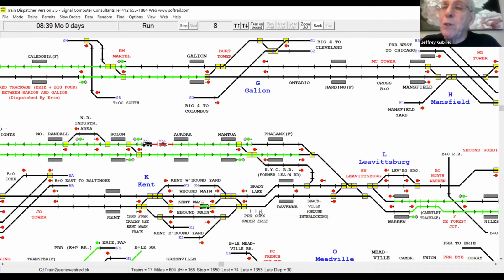Now, some of the suburban territories, like the Erie, New York division, that's basically a daytime thing. So I think it operates from about 5 a.m. to 1 a.m. or something like that. There isn't much going on between 1 and 5, so it more or less ends at 1 a.m. So I have both varieties of those things.